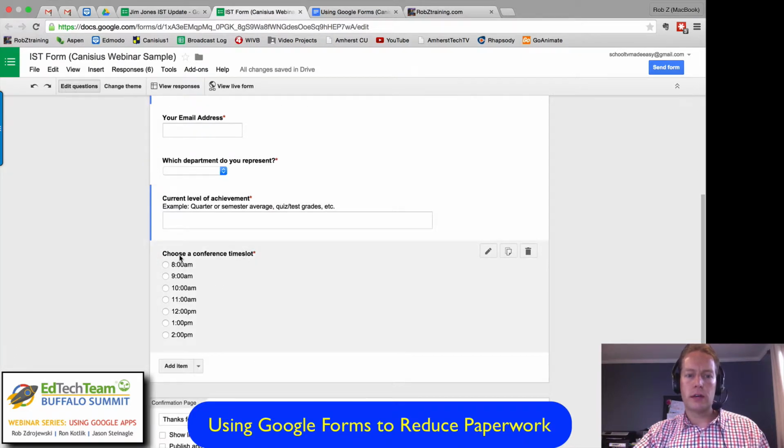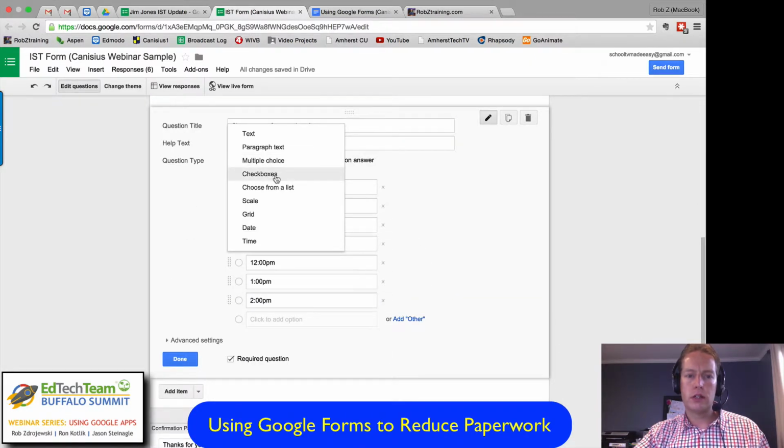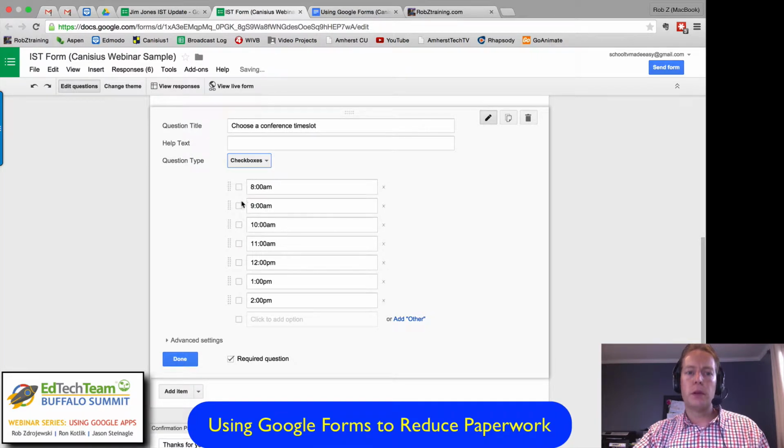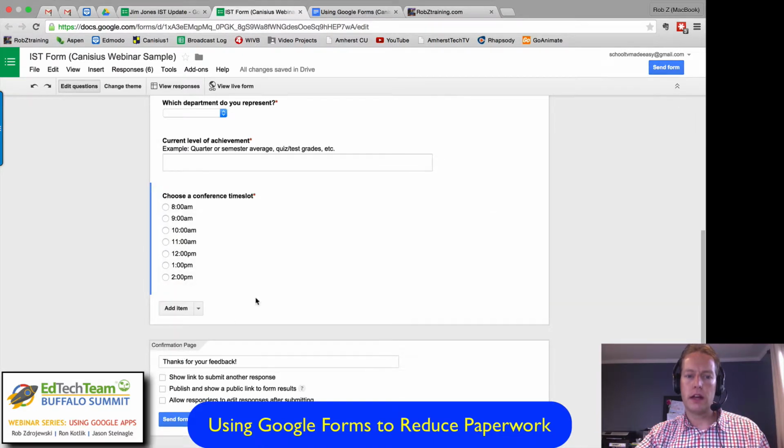And then choose a conference time slot. We did this as a multiple choice, so you are only allowed to pick one. Keep in mind, I've seen my students do this. If they do checkboxes instead, that means people are allowed to pick one or possibly more than one, and that could be a problem if you want to narrow down the choices to only one specific one. So that's the difference between the circles. Circles means one. Sometimes they call them radio buttons, or checkboxes means you may select multiple. All right, so I'm going to say done on that,